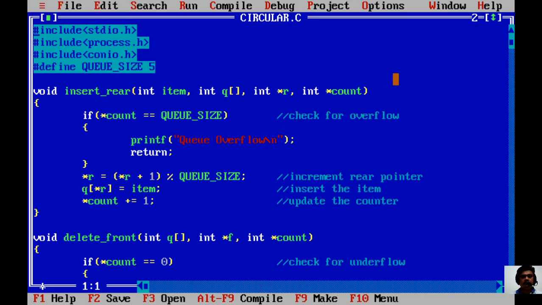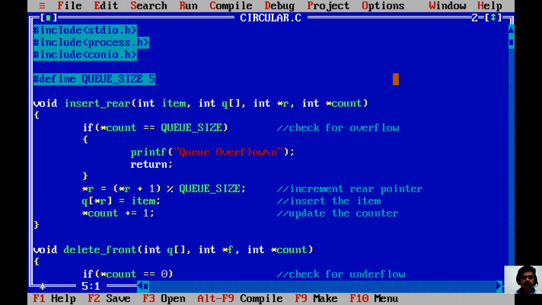So here I included all the required header files, which help me as library files to implement my functions. Here I have specially used the define preprocessor statement to define the queue size, that is 5. If I use a define preprocessor statement, it means I am defining a variable that is taken as a global variable. So here QUEUE_SIZE is the variable and its value is 5.